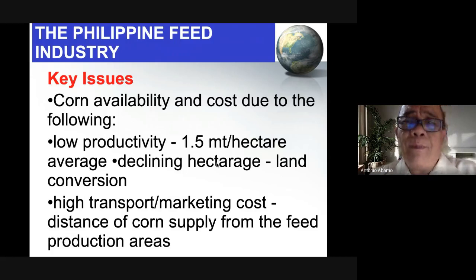No, 1.5 tons per hectare is fairly low because other countries have 3.5, even 6 tons per hectare. They can do that. No, there is also high transport cost of feeds or corn from the farm to the nearest feed processing or feed milling. Now,